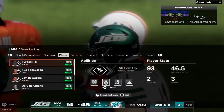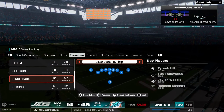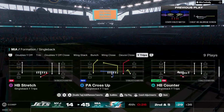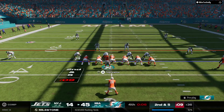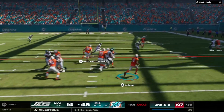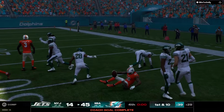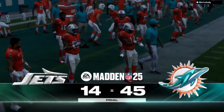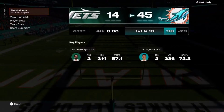Jermaine Johnson there to bring him down. If you're a coach, you'll absolutely take that run every time on 1st down because it really sets you up to go in a number of directions here on 2nd. Right back to Achane on 2nd down. And he'll work it inside the 30 to the 29-yard line. But Charles, a lot of happy faces heading into the tunnel as this one ends in under